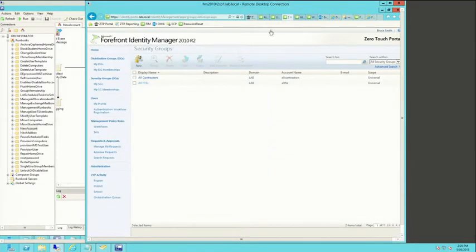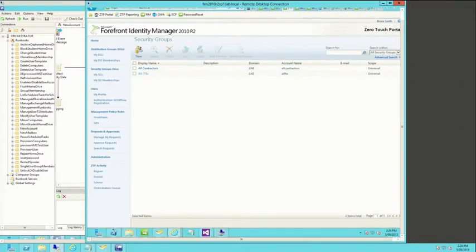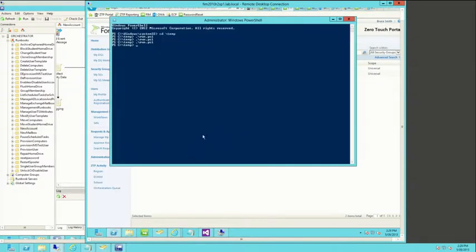So the FIM portal, FIM has multiple components. There's a FIM synchronization engine, which is the source of truth for identity within the FIM product set. So the FIM portal is where a lot of the business rules are defined. We just need to synchronize that into the point of truth, and that will flow into other connected systems like